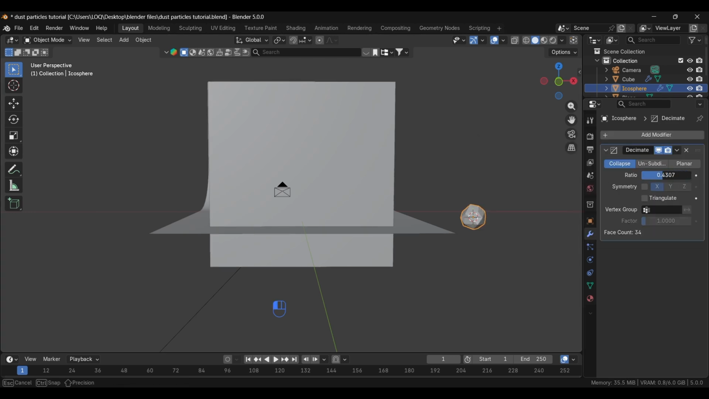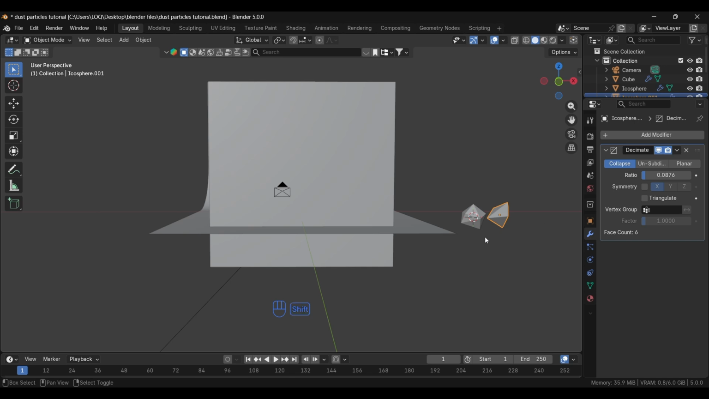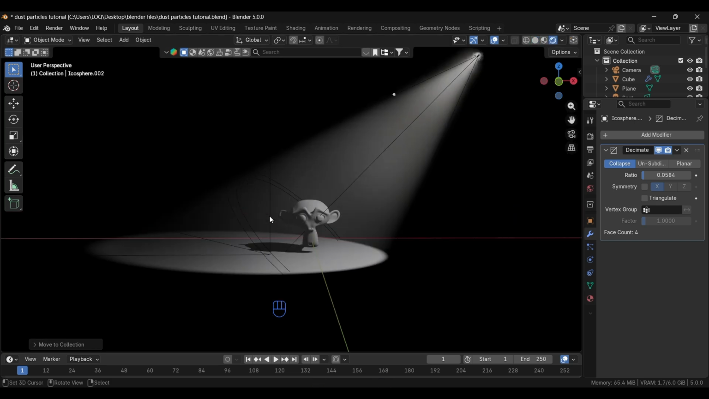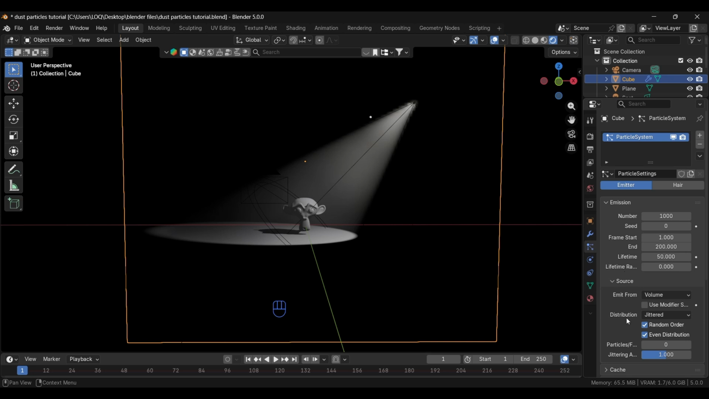We'll change this ratio value. We'll duplicate this one, also change this value, duplicate it one more time and change the value. Now select all these and press M, create a new collection. Okay, so we'll go back to the render view, and now with this cube selected we'll go to the particle settings,